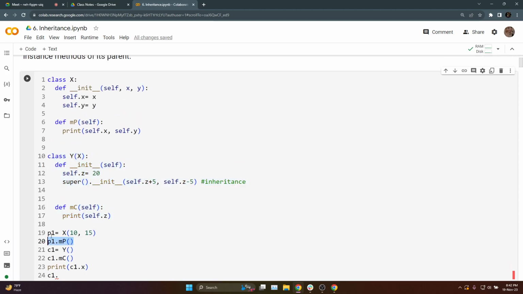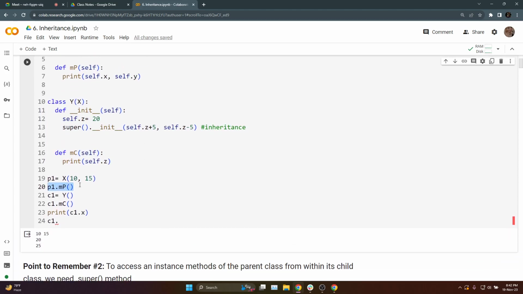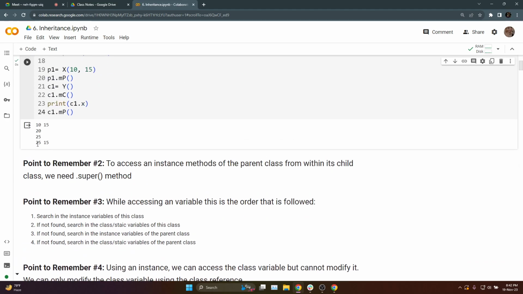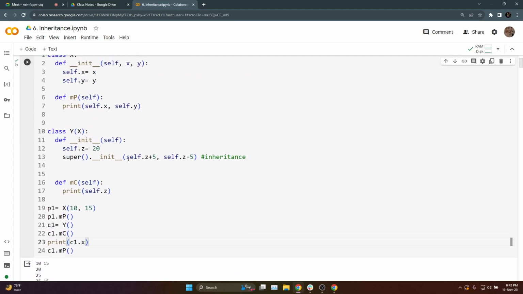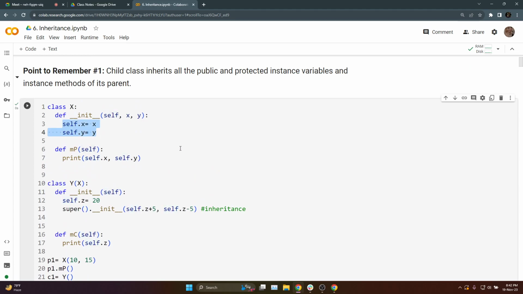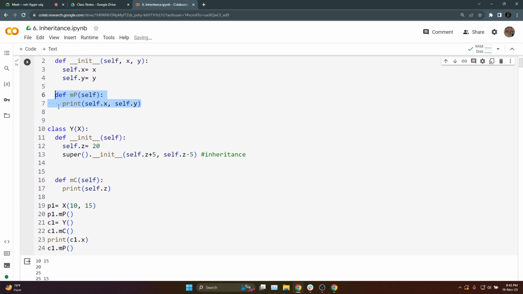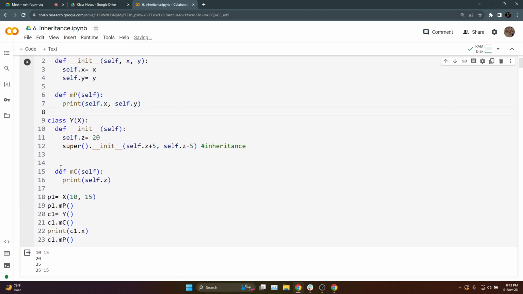So initially what we did was p1.mp. We called the mp method from the parent class's object, right? But from now onwards, we can actually do this as well. We can use the child class and call the methods of its parent class. See, 25 and 15. So we basically inherited all the instance variables and we inherited the instance method as well. Now if we try to look at the tracing here,